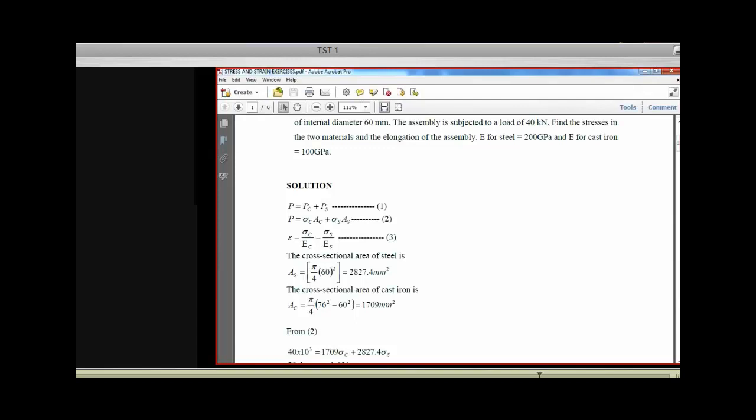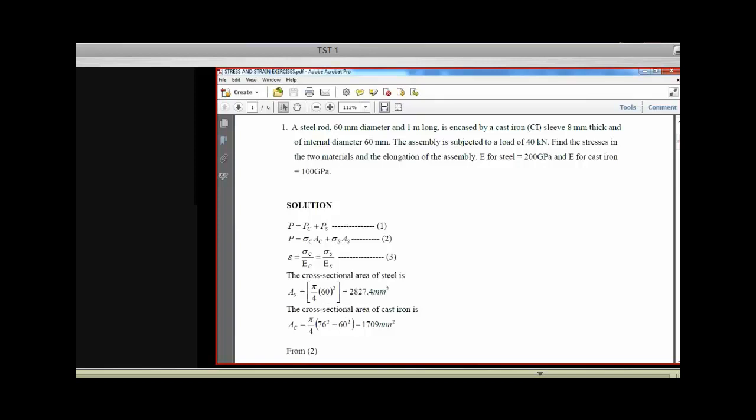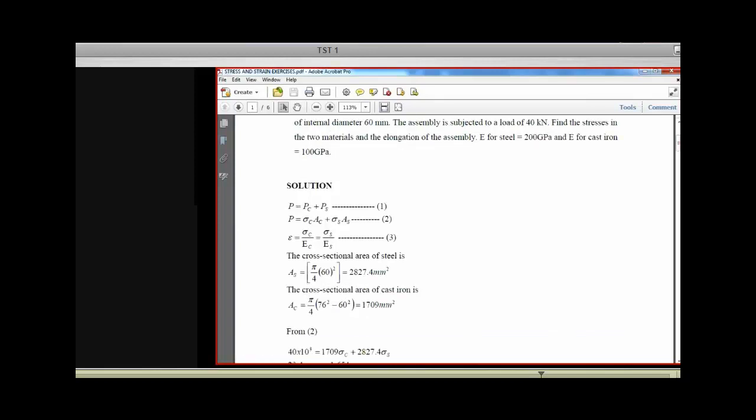So from that, we can get the area of each of the materials. The area of the steel will be pi d squared over 4. And in this case, the diameter is 62. We calculate the area. The area of the cast iron will be the total area, because now remember, the 60